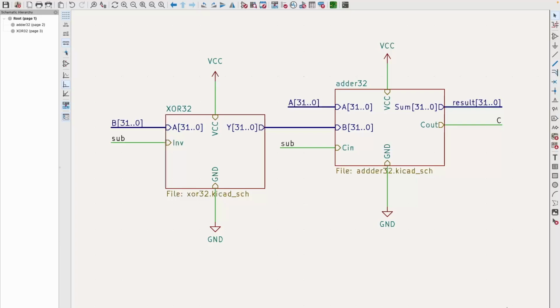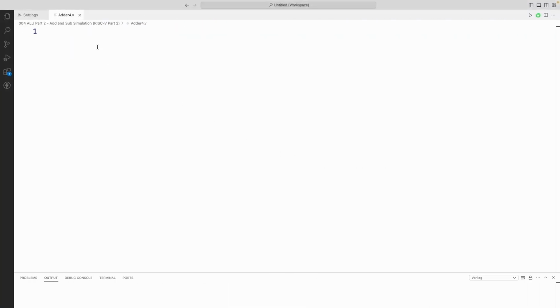In the previous video, we developed this circuit for adding and subtracting numbers. And I want to be able to test this. Now I can test this in KiCad, but to be honest, I haven't learned how to do that yet. So I'm going to stick to what I know and write a Verilog module. Verilog is a hardware definition language, and I'm just using Visual Studio Code here, and I can run logical simulations